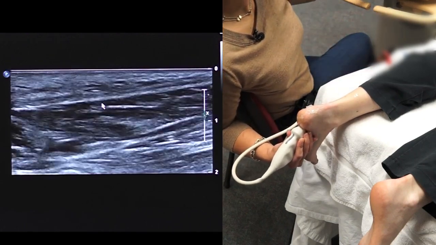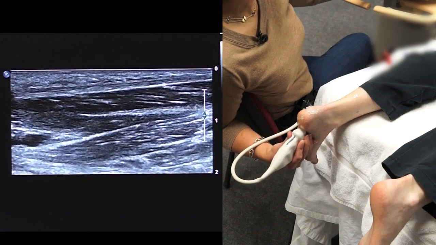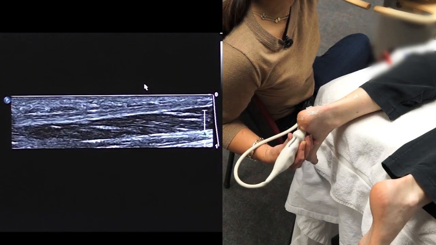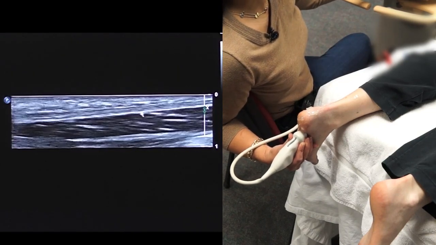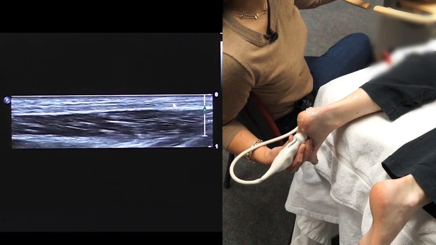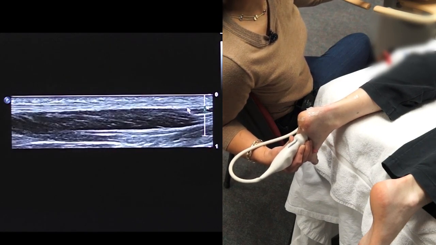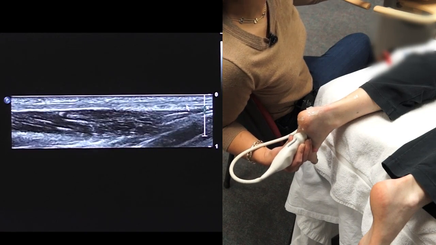And in following the plantar fascia towards the more distal part of the foot, you can see it's very superficial. Change the depth and focus on that structure. But here you can see the plantar fascia as we extend towards the more distal foot. And this is medially, this is where you can look for plantar fibromatosis, which is focal hypoechoic thickening along the